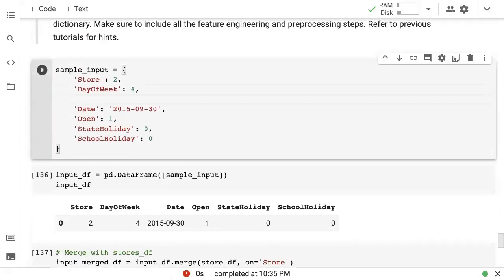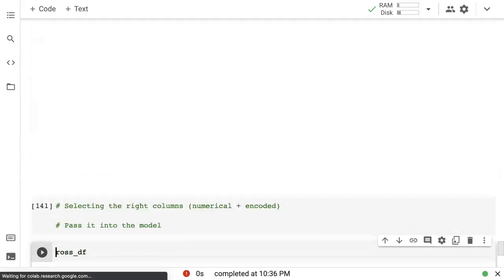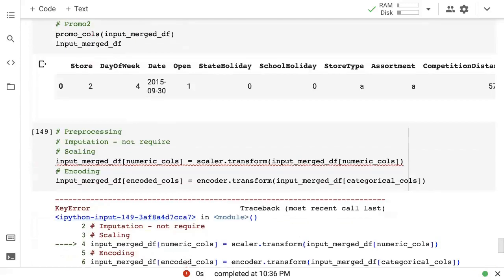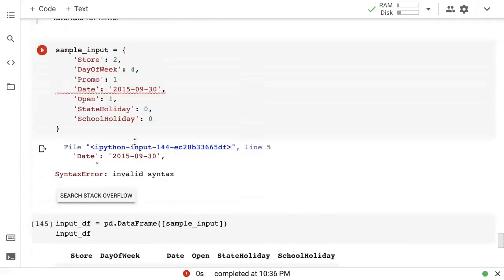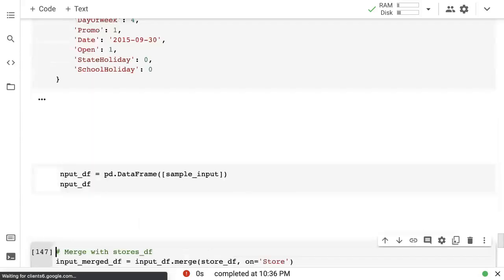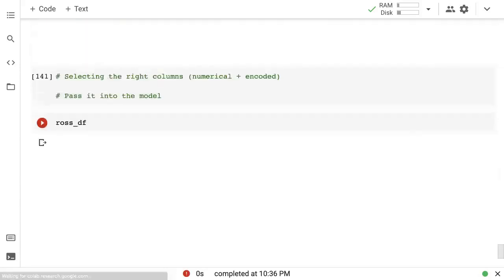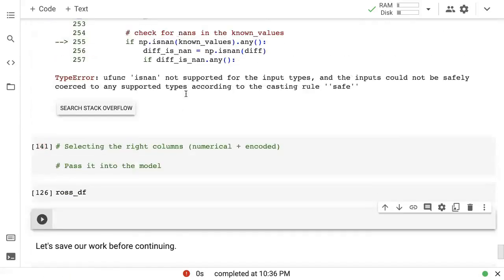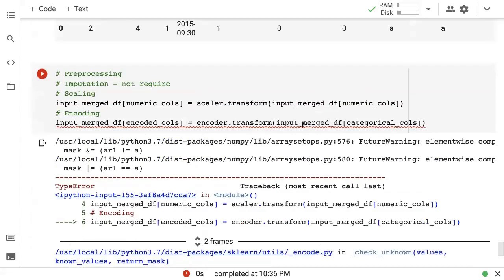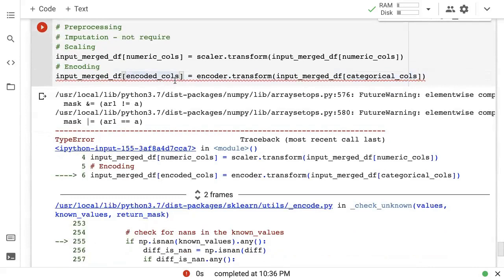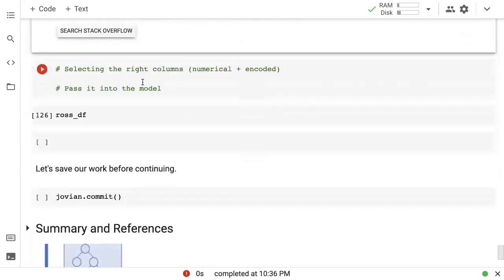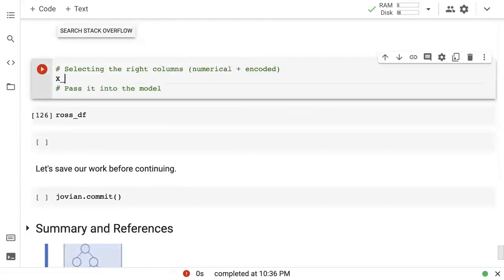I believe I forgot to add promo. Let me just add that here. Yeah, let me just add the promo here. Yeah, I just missed one factor in the input. And there seem to be some other issues there as well. In any case, we will fix all of these, and once you have that, you will get an X input,